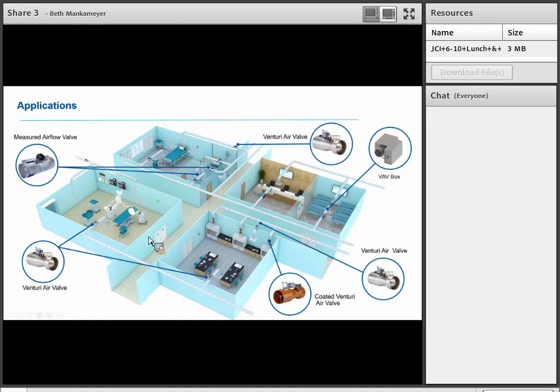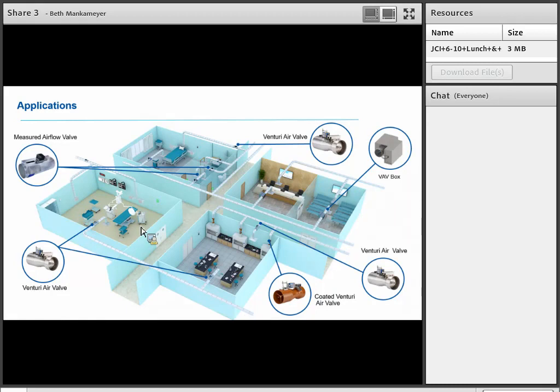And then right here we have this operating room where we've got Venturi valves featured here as well. You might be able to use the measured airflow valves if the pressure requirements are lower than what you can get with the Venturi air valve. So it really just depends on the situation and what you have. So one thing that I do want to point out, though, in something like an operating room where you are needing to have so many air changes, like about 20 air changes per hour when that's in operation,